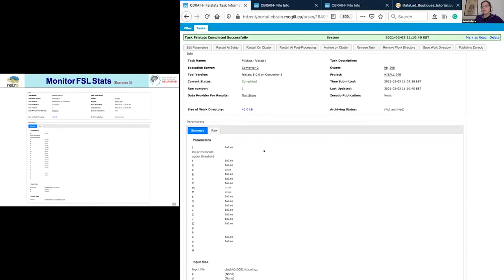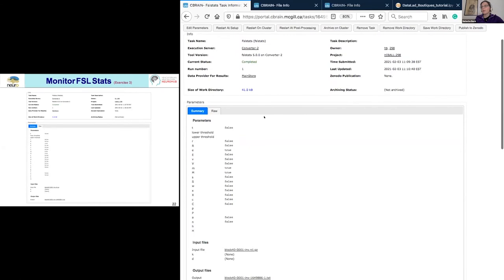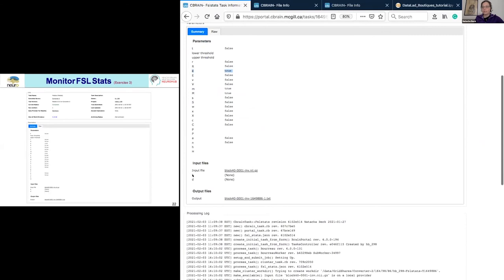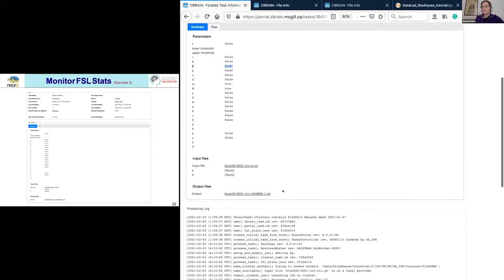What is interesting in CBrain is that you are able to track what was done with your data. So you have the summary of the options that you just launched. If you see, we have the -M option, the M option that was true, the E option that was true too, and the input data. You can have some other input files, and they will appear here. And you have the output files that just appear here, stored in CBrain directly. I will show you that right after.